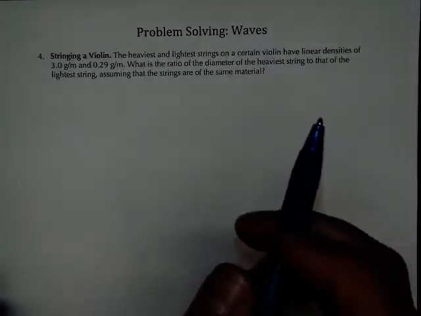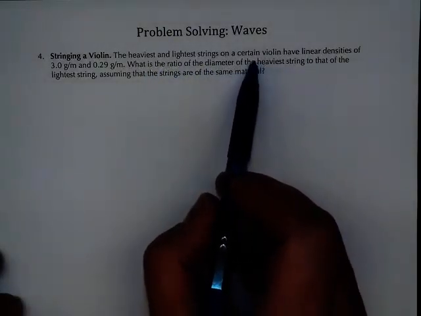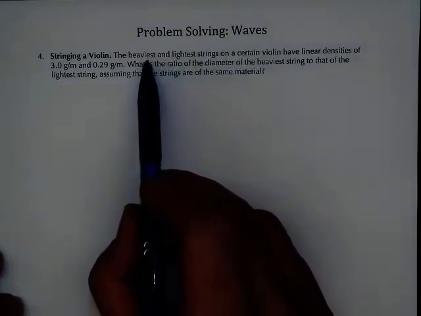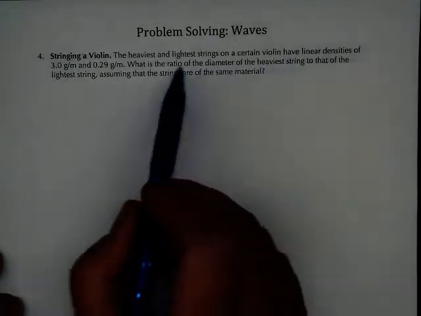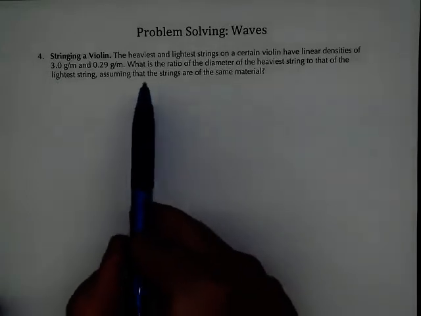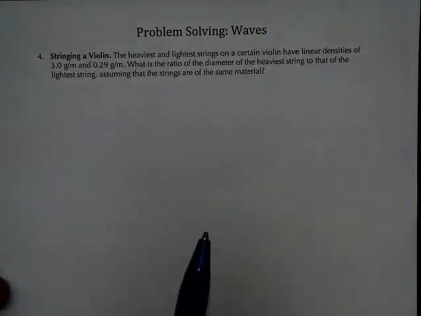Problem 4 that we looked at dealt with heavy and light strings. Those of you, again, who've played a stringed instrument know that the strings have different diameters, and some of the strings are therefore heavier and lighter than other strings. This is on a certain violin. They have linear densities of 3 grams per meter and 0.29 grams per meter. So what is the ratio of the diameter of the heaviest string to that of the lightest string, assuming that the strings are of the